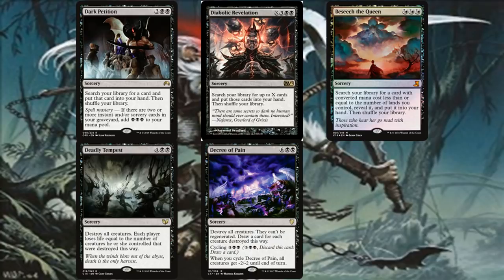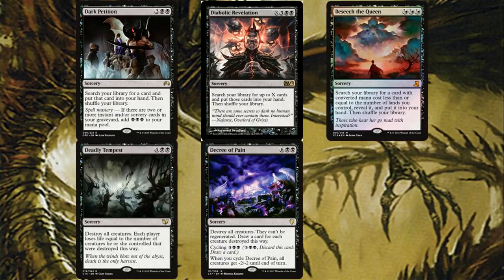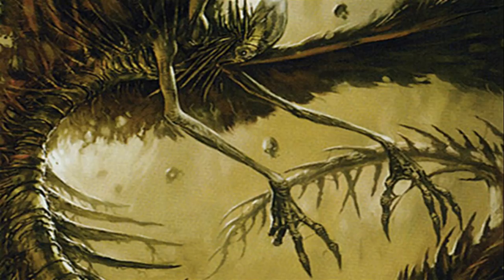Decree of Pain is going to get us a ton of card draw if there are a lot of creatures on the board. We get to destroy all of them. They can't be regenerated. If we're desperate, we can cycle it away for 5 mana. Give all creatures -2/-2 until end of turn. We get to draw a card. So that's going to do it for the sorceries, and we're going to wrap up this deck tech with 6